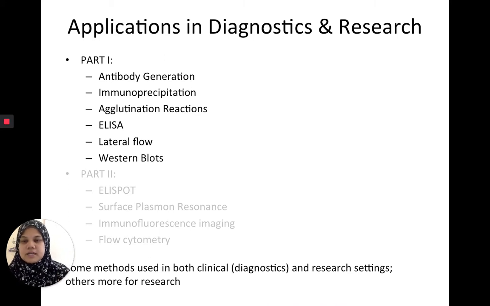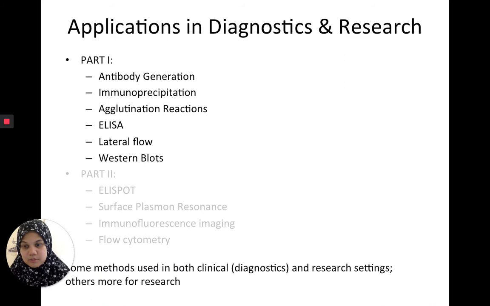So how we're going to break it up is that part one, which is what we're going to talk about in this recorded lecture, is the antibody generation, the immunoprecipitation, agglutination reactions, ELISA, lateral flow, and Western blots. Those all might sound like nothing to you right now, but in a few slides, you'll be quite acquainted with them. In the next lecture, we'll talk about part two, which is ELISA spot, surface plasmon resonance, immunofluorescence imaging,